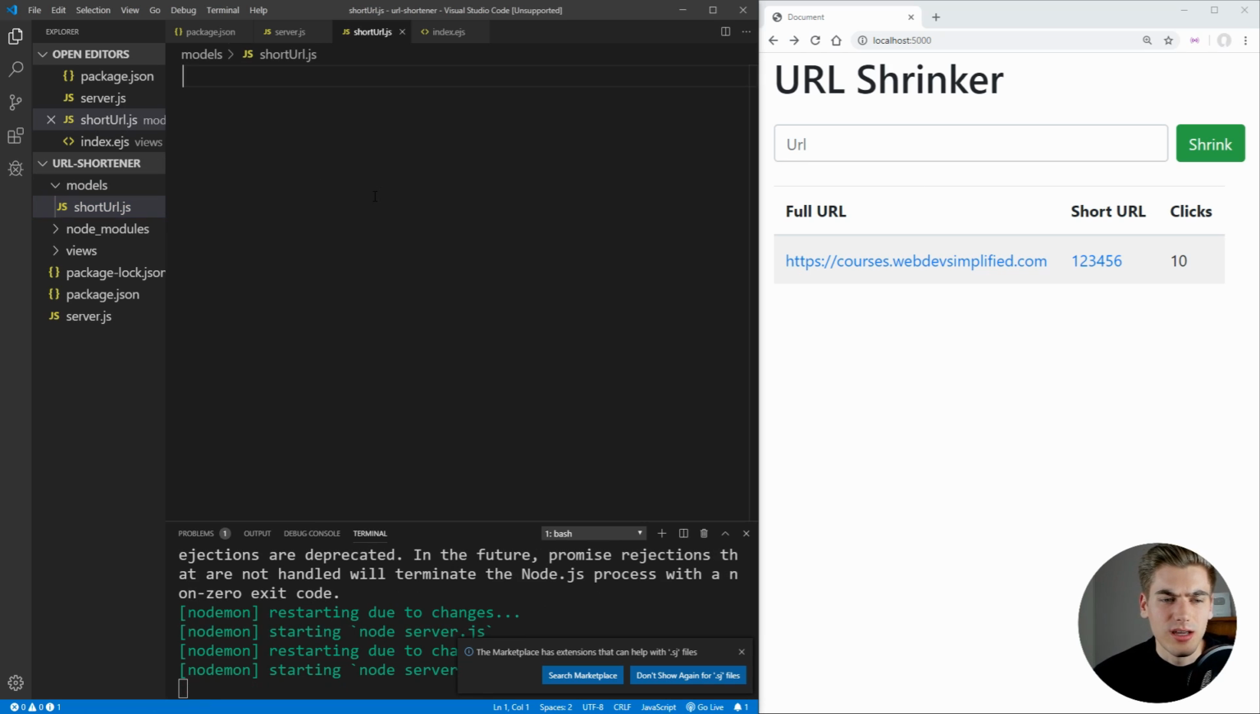JS, there we go. And in here, we want to again require mongoose. So we're going to do mongoose equals require mongoose, just like that. And then what we can do is actually create a schema. So we can set a variable which is called our short URL schema. And we're going to set that equal to